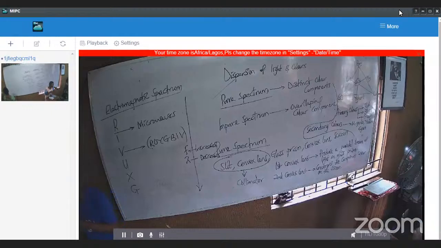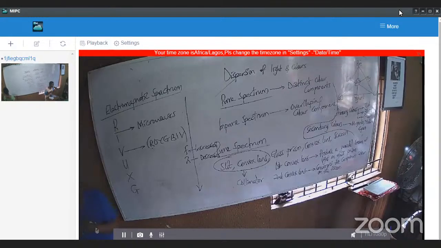Which of them is used in the telecommunication industry? Radio waves. Which of them is used in the kitchen? Microwave oven. Have you not heard of that before? It generates so much heat. Which of them, when absorbed in the body, can cause skin cancer? Ultraviolet ray. You don't want to start absorbing X-rays in your body. There's no X-ray in the sunlight. It's ultraviolet that we have there.